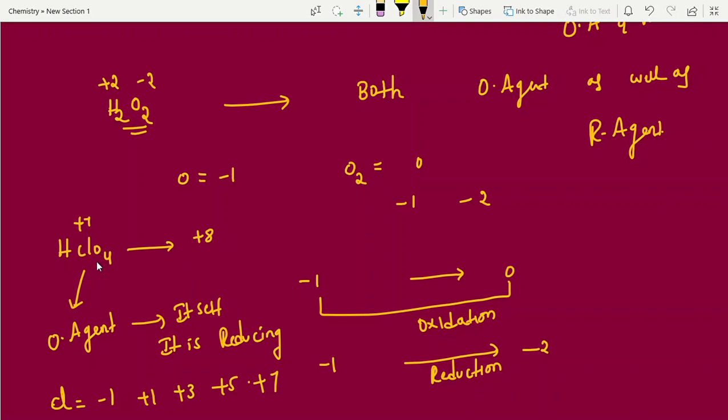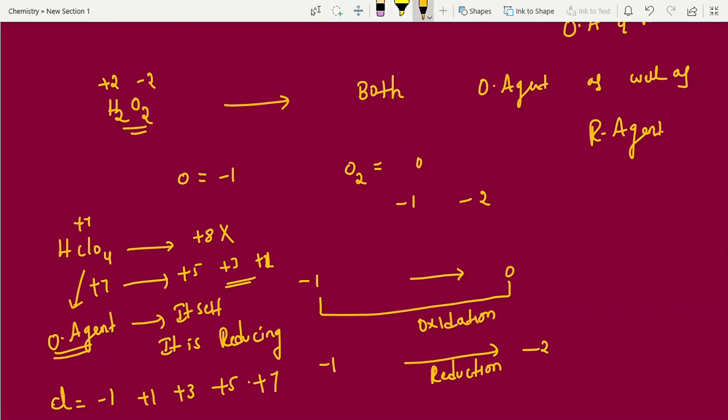If it acts as reducing agent, what happens to itself? It is oxidizing. Oxidizing is nothing but increasing oxidation state. So it is not possible. That's the reason it acts as oxidizing agent. Oxidizing agent is nothing but itself it is reducing. Then +7 to +6, +5 possible, +3 possible, anything it will go. But it never acts as reducing agent. It's not possible. Who is in the highest oxidation state definitely acts as oxidizing agent. Why? Because it's possible to undergo reduction. Hope you understood this point.